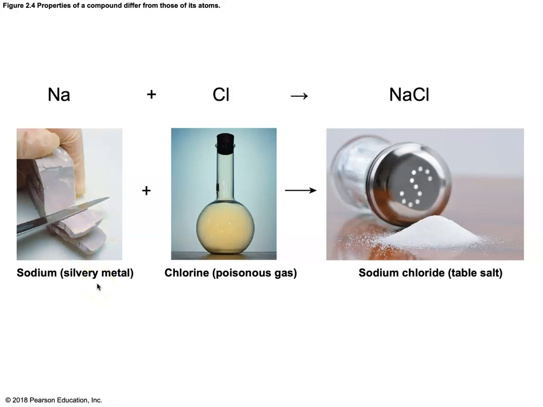If you add water to sodium, it can cause a very, very strong reaction. Not a good thing to do. Chlorine by itself can give off a very poisonous gas. But when you combine sodium plus chlorine, you actually make a compound called sodium chloride, which is very safe, very neutral, and we know it as table salt. But each individual reactant, each element by itself, is very, very reactive. Put them together, they neutralize each other, and now we have a nice, happy compound that is not going to